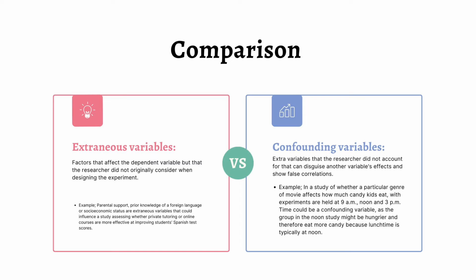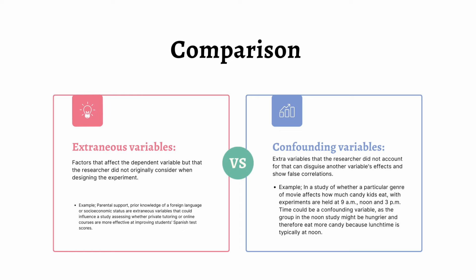Example: parental support, prior knowledge of a foreign language, or socioeconomic status are extraneous variables that could influence a study assessing whether private tutoring or online courses are more effective at improving students' Spanish test scores. Confounding variables: extra variables that the researcher did not account for that can disguise another variable's effects and show false correlations. Example: in a study of whether a particular genre of movie affects how much candy kids eat,